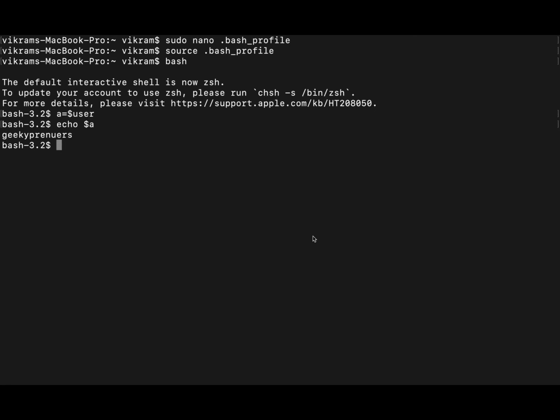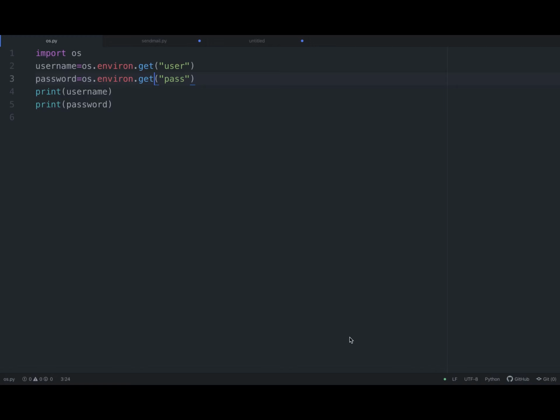Now let's see how to access these environmental variables in a Python script. I have already created a sample Python script here to explain. At first, you have to import the os module here. You can see it, right? You have to import the os module to access the environmental variables, and then you have to create the variables in which you want to store your environmental variables. You can assign those variables your environmental variables by using this command: os.environ.get followed by brackets followed by double quotes, and then here you give the name of your environmental variable. See here, I have assigned my user environmental variable to the normal variable username